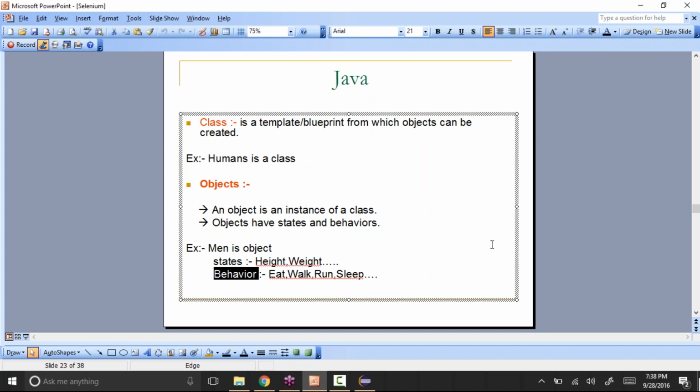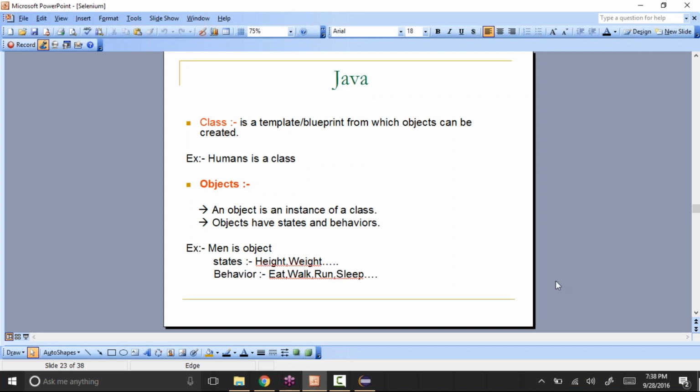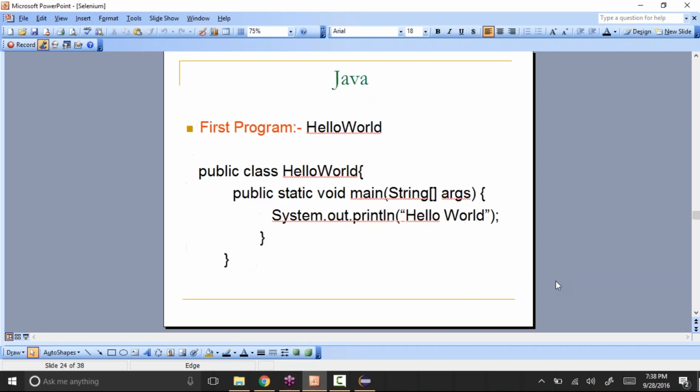So this is what classes and objects are. What we generally do is define all our methods in the class, and with the help of objects we can give life to that class. It's an instance of that class.